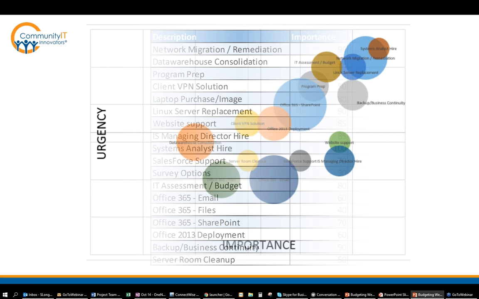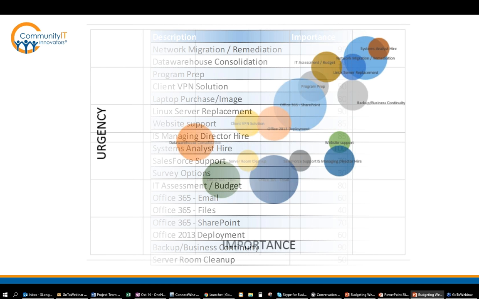This slide is another way of talking about the same thing. We're spending a lot of time on how we make priorities: run, grow, transform, necessary, nice to have. Here's another way of looking at these things. This came from our Chief Technology Officer, Matt Eshelman, here at Community IT, a number of years ago. I remember him showing this to a group of us who were talking about some of the priorities we were looking at for our own company.